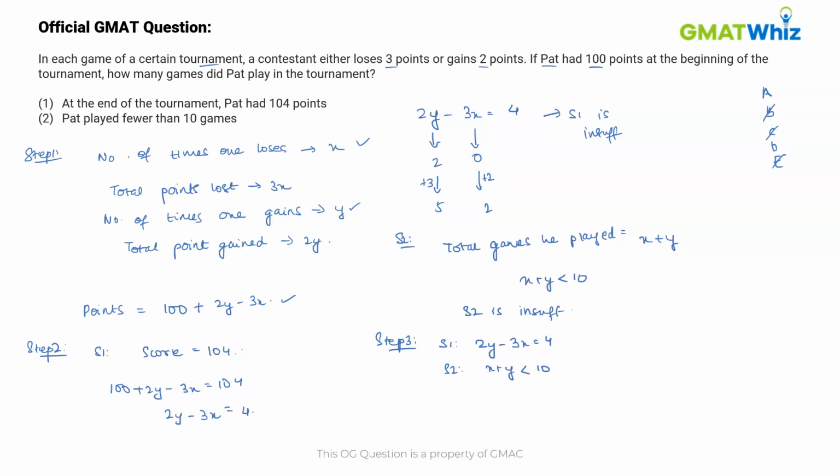Now, if we combine these two, we have to select only those values of x and y for which their sum is less than 10. And as we had derived in statement 1 of step 2, we can see that there are two possible options, which are 2, 0 and 5, 2. Since we do not get a unique answer, we conclude that statement 1 and statement 2 together are insufficient. Hence the correct answer is option